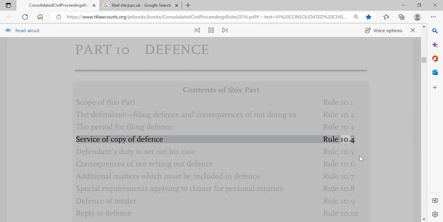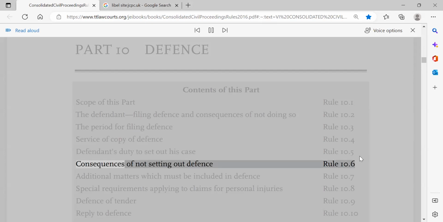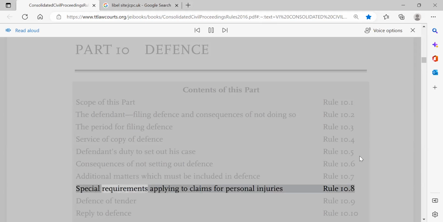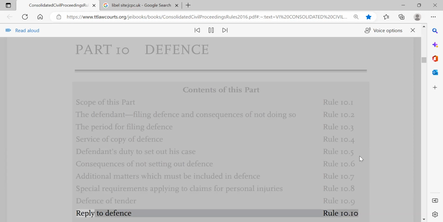Rule 10.4 Defendant's duty to set out his case. Rule 10.5 Consequences of not setting out defense. Rule 10.6 Additional matters which must be included in defense. Rule 10.7 Special requirements applying to claims for personal injuries. Rule 10.8 Defense of tender. Rule 10.9 Reply to defense. Rule 10.10